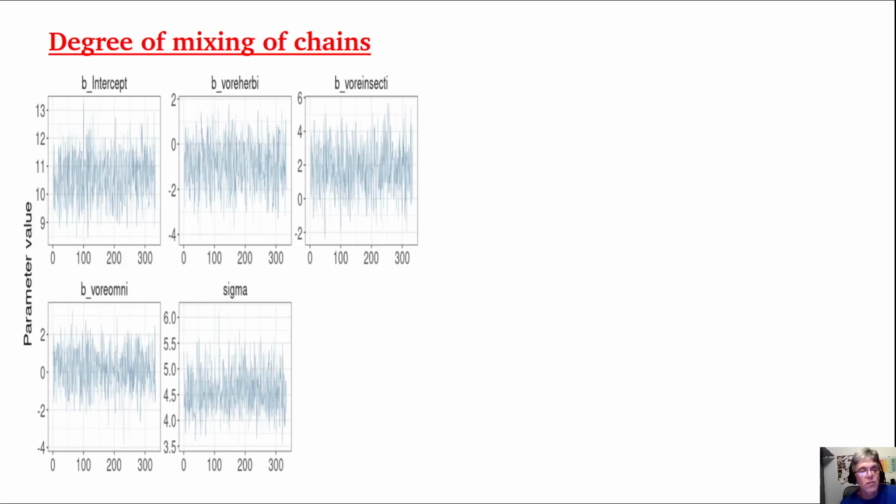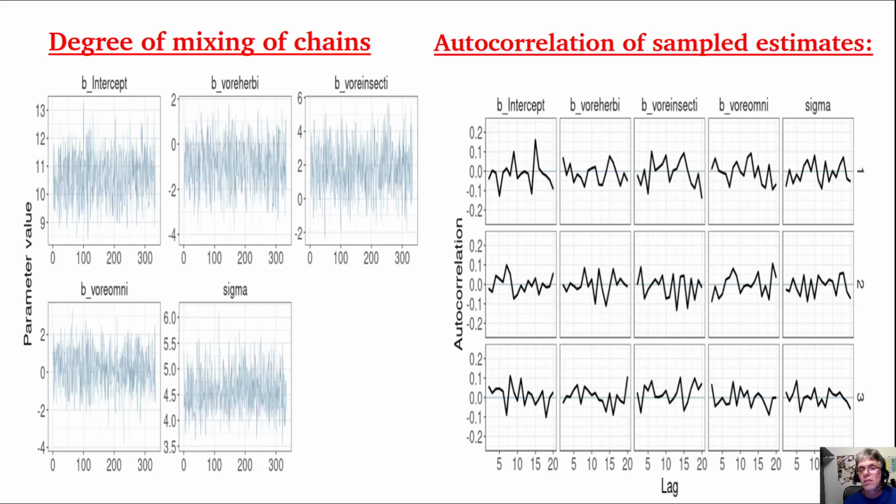No chain got stuck for a very large number of iterations in any particular set of values. All chains evaluated similar ranges of each of these 5 parameters,